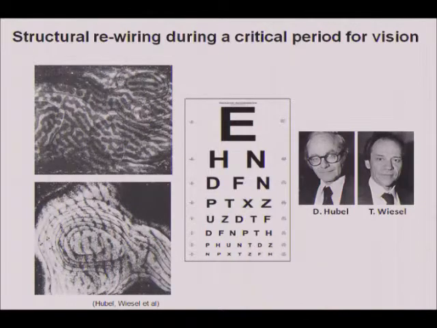And if you inject a tracer into one eye, they will label inputs in roughly even fashion in normally raised cats or monkeys. So what you see here is the primary visual cortex labeling one eye in white, and the negative inputs are the ocular dominance columns, as they're called, of the opposite eye. So in a normally raised animal, there's a roughly 1-to-1 relationship of the two eyes' inputs.